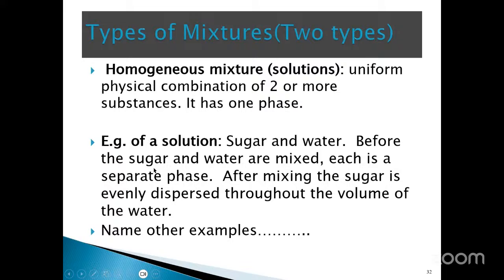So if you take sugar, which is a solid, add it to water, shake it up or stir it, and the sugar dissolves, you're going to end up with a homogeneous mixture, right? Which means that the sugar will be evenly dispersed throughout the volume of the water. And I'm quite sure you can name some other examples of homogeneous mixtures, such as